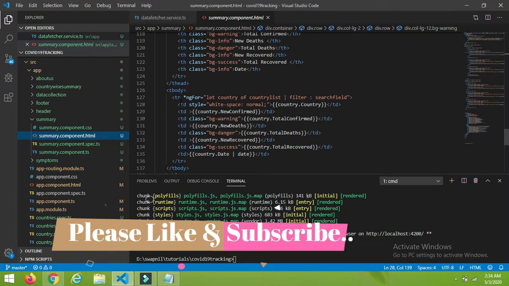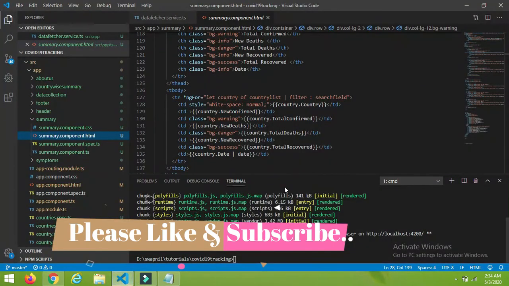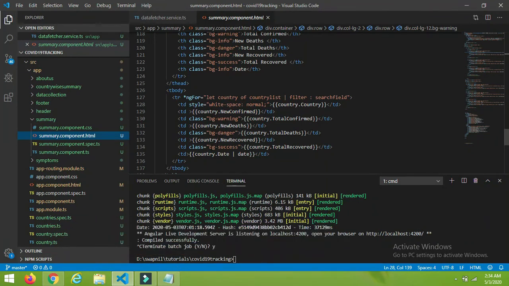So guys, I have used some color naming convention for this, right? For confirmed cases I have used orange, for deaths, danger, that is red, and for recovered, green, success. So you can use the bootstrap colors like bg warning, bg danger and bg success, which will display your column in a particular color. So that's how we have created our table as well.